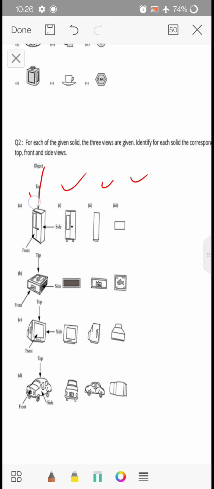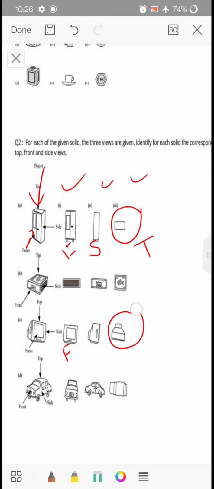If you look at it from the top, then you will find this view. If you look at it from the front, then this can be your front view, this is your top view and this is your side view. So this is how you have to name the views: the first one is front, the second is side and the third is top. Similarly you can go with this matchbox. I am going with the TV. Here for the television, they have given the front view, so this can be the front view. Then this can be the top view and this can be the side view of the television.